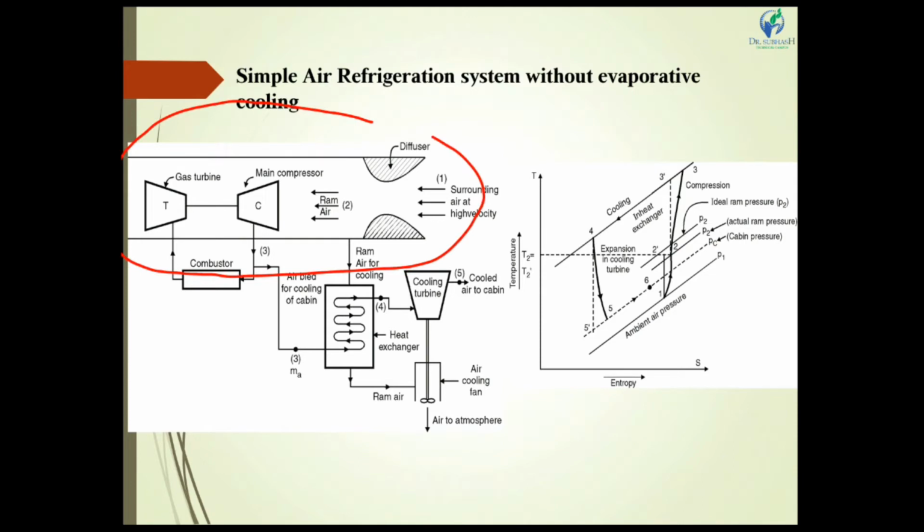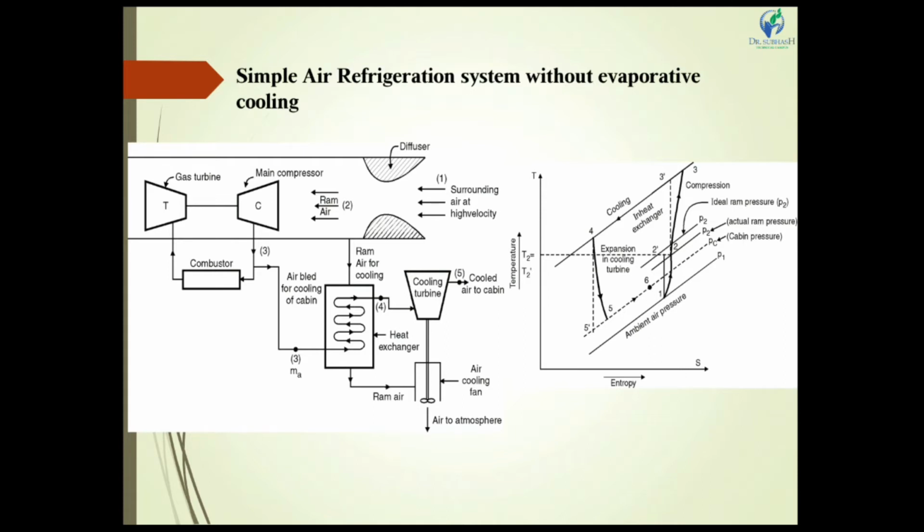This is the process like in an aircraft propeller, where air enters inside the propeller, then after being compressed by the main compressor, goes to a combustion chamber and the air cooling space, where we require a refrigeration effect inside the aircraft cabin. Then this gas is passed through the gas turbine at the exhaust level.